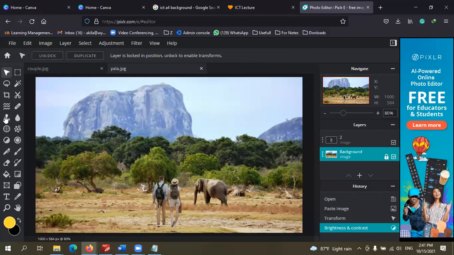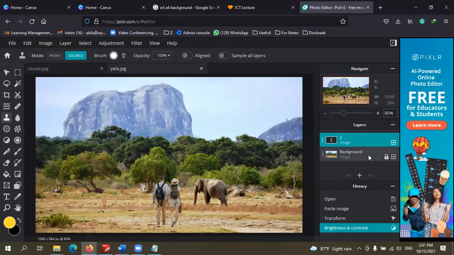Again, children, going to introduce another tool. This is called clone tool. Again, keep in mind that always you have to select the relevant layer, right? If you're going to make some editing, you have to select the relevant layer always. Click.